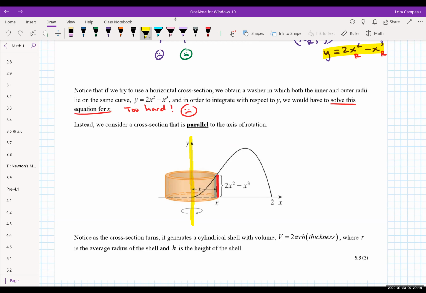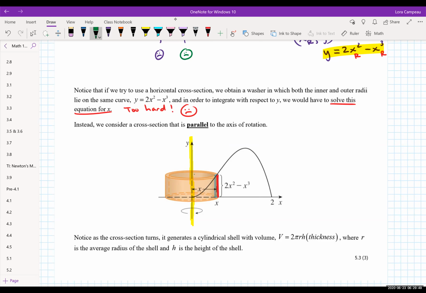If you do this, what ends up happening as you turn the cross-section around is you get a cylinder with a hole in it. But it's different from a washer. It looks like a washer, it's just thicker. The height is going to vary depending on where you drew your cross-section. I'll show you a picture in a second, but not only is the radius varying,